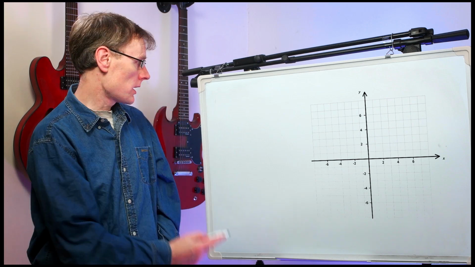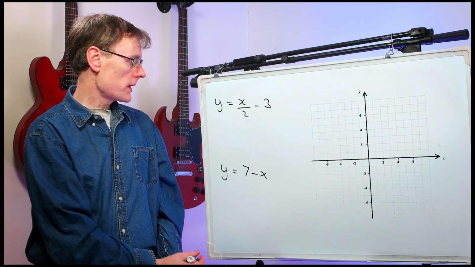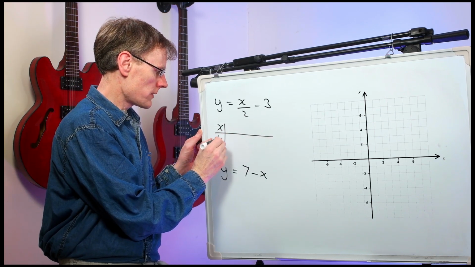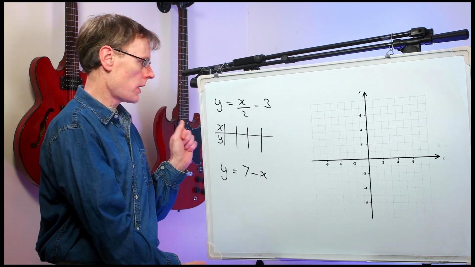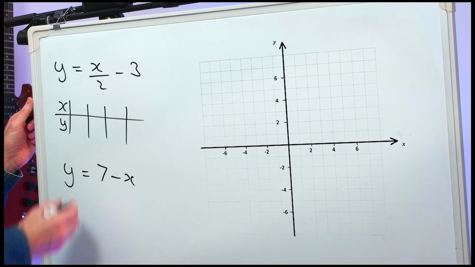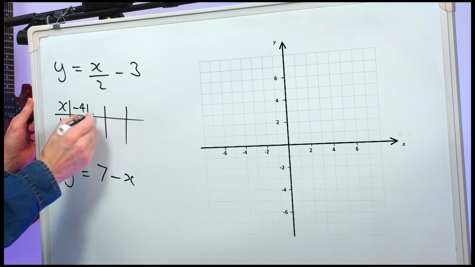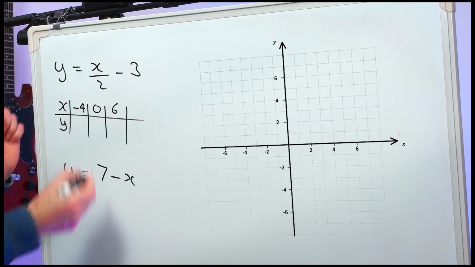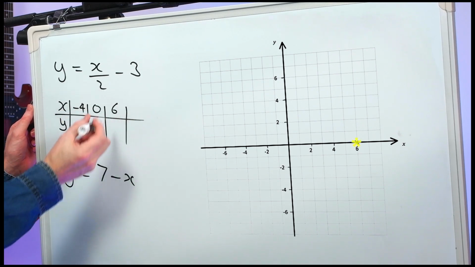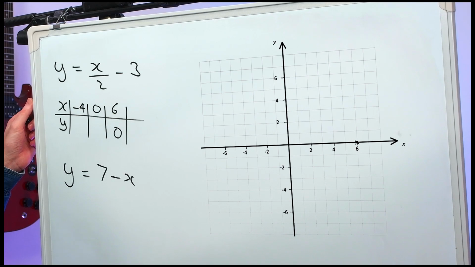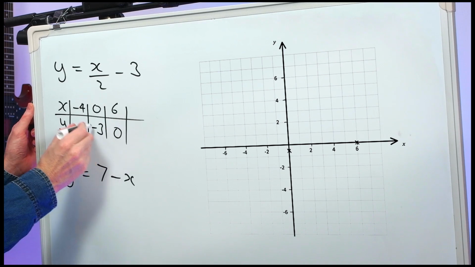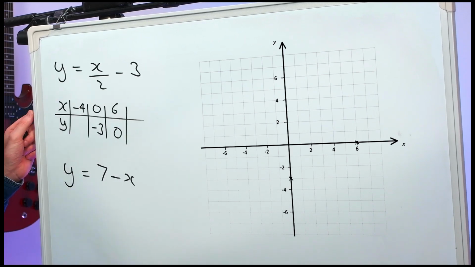Now let's draw two straight lines on the same graph. First, y equals a half x minus 3. So we're going to make a table of values. We're going to choose values of x and work out values of y. Now it's a good idea to have even values of x because we're dividing by 2. So let's try minus 4, 0, and let's say 6. So if x equals 6, y equals 3 minus 3, which is 0. If x equals 0, y equals 0 minus 3, that's minus 3. And if x is minus 4,